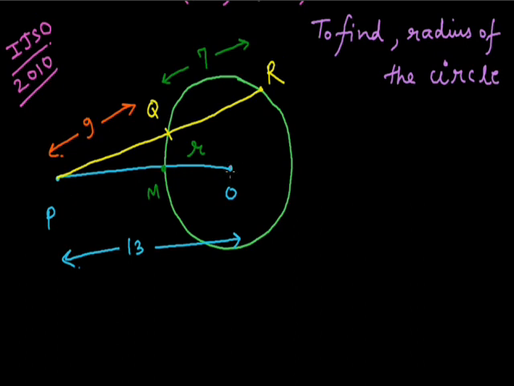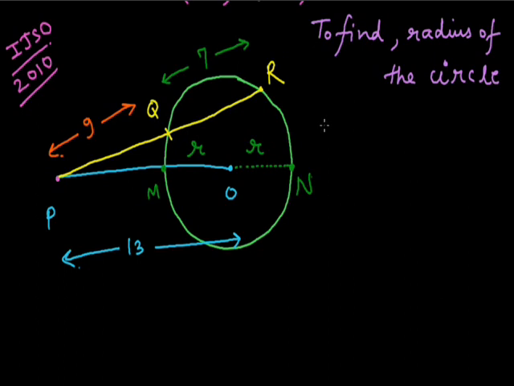Now it is pretty clear that there are two secants. One is PR and one can be obtained by extending this PO line. When you will extend this PO line to the point N, this will again become a secant. So this is secant PR and this is secant PN. Now we can say over here that OM is also radius and ON is also radius. So we can apply the property that we have discussed earlier. These are two secants QR and MN which are meeting at a point P outside the circle.